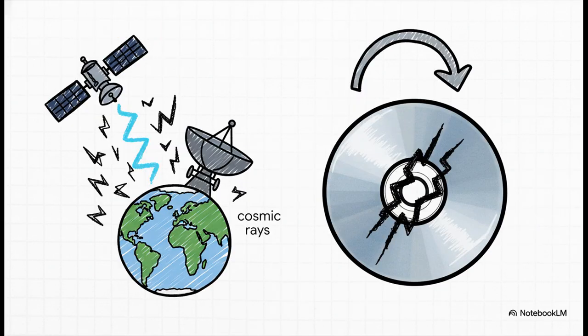So in this context, a channel is really just anything a message travels through. It could be radio waves zipping across the solar system, or it could even be time itself, like data just sitting on a CD for years. And noise? Well, that's literally anything that tries to corrupt that message along the way. We're talking static, physical damage, random cosmic rays. It's the universe's natural state of chaos trying to break our precious ones and zeros.